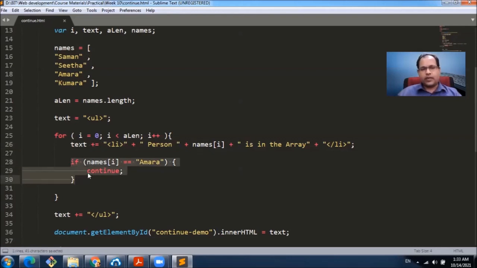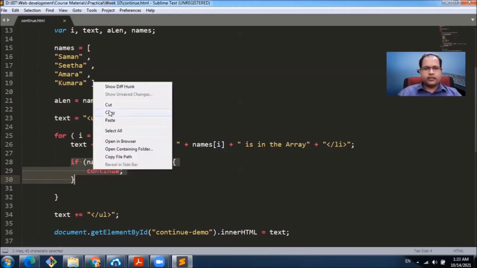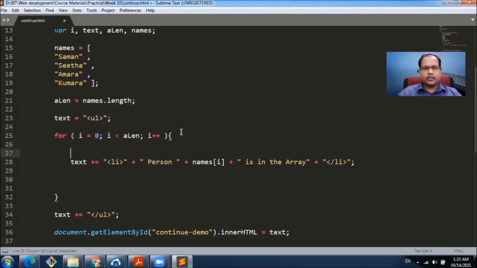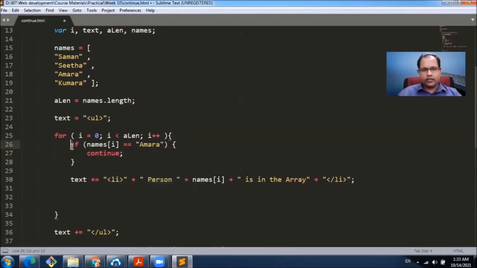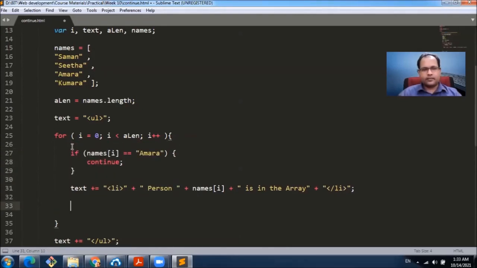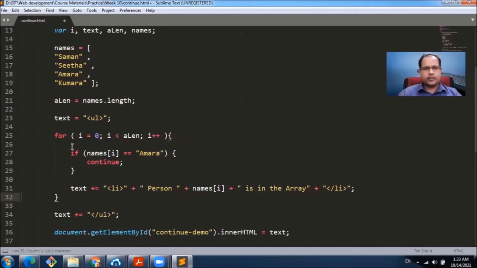If you want to skip Amara from the list, what we have to do is put the continue section before we are doing the concatenation. Like this. So here, whenever we encounter Amara, it will skip the rest of the code and will continue from the next iteration.